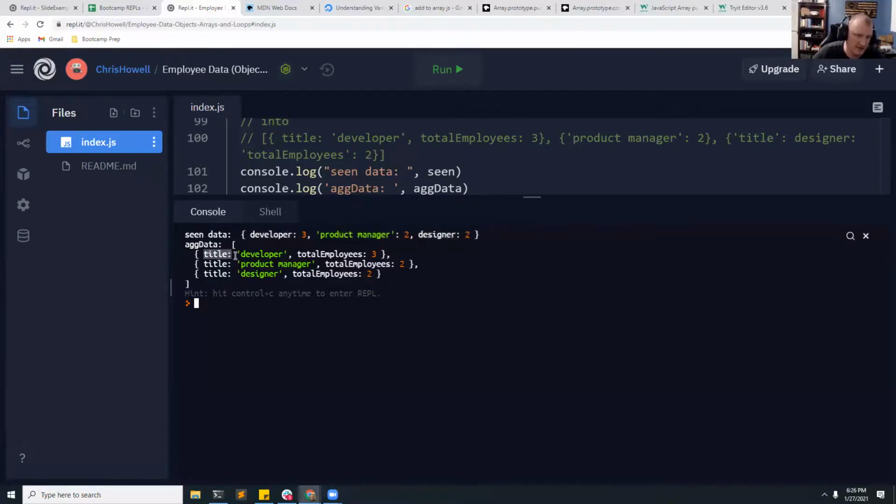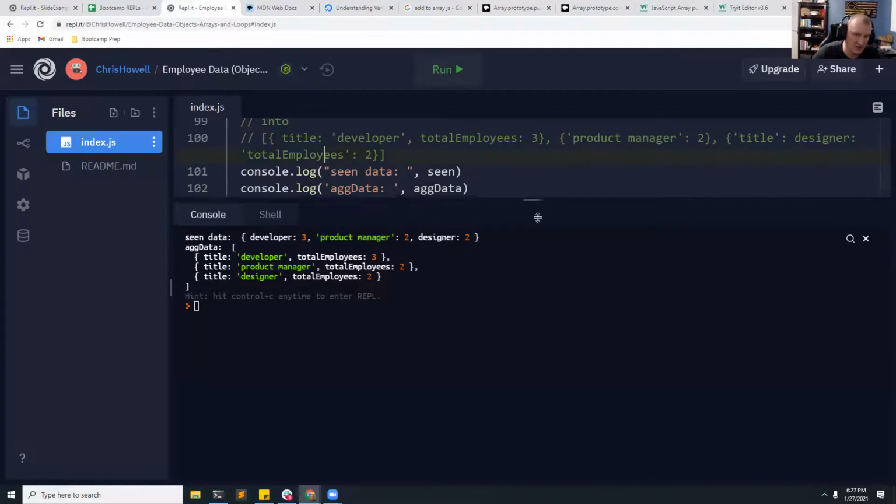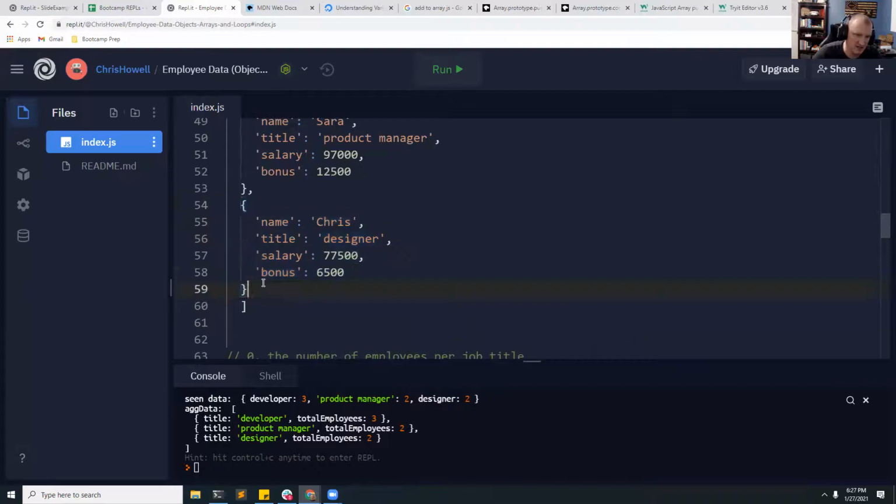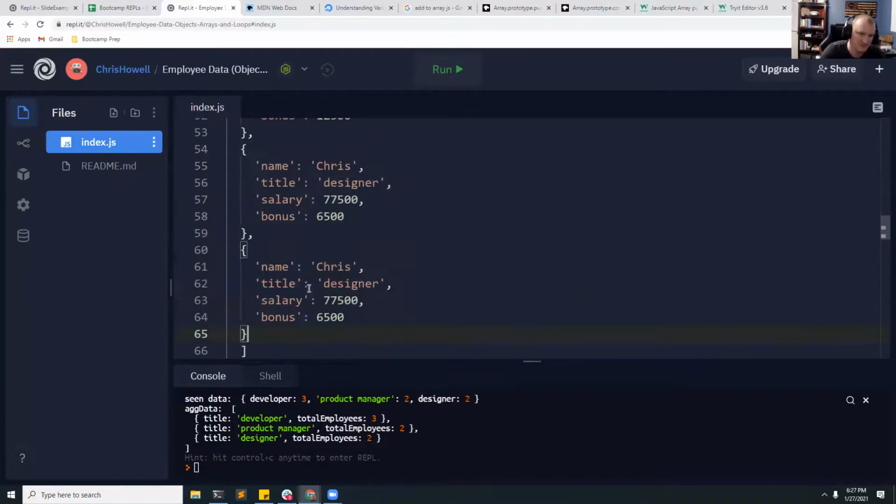So this lets me create individual job roles and tie the values to them, right? From the data that was passed in, I basically aggregated all of developer into one object, product manager into its own object, and designer. And from what I have so far, I could actually go add more pieces in here if I wanted to. I could add another,